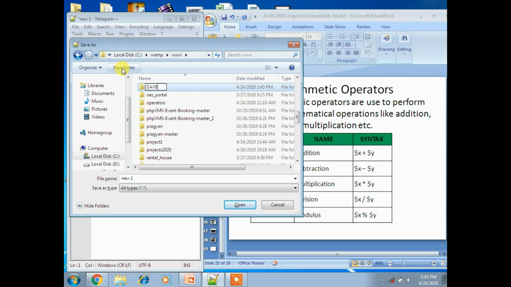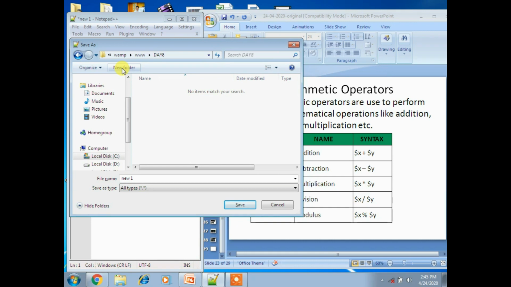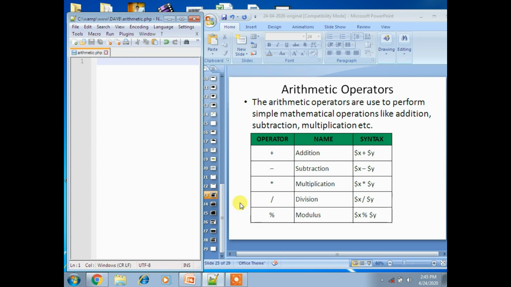Now save the program as arithmetic dot PHP. Before writing the code I am saving it, so my code is now saved with the file name arithmetic.php.